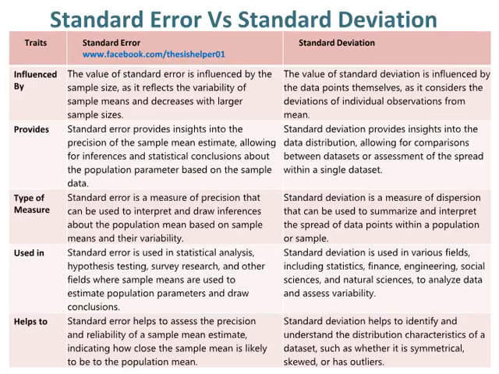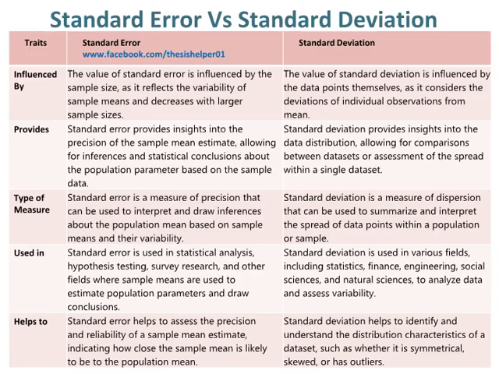observations from the mean. Standard error provides insights into the precision of the sample mean estimate, allowing for inferences and statistical conclusions about the population parameter based on the sample data. Whereas, standard deviation provides insights into the data distribution, allowing for comparisons between datasets or assessment of the spread within